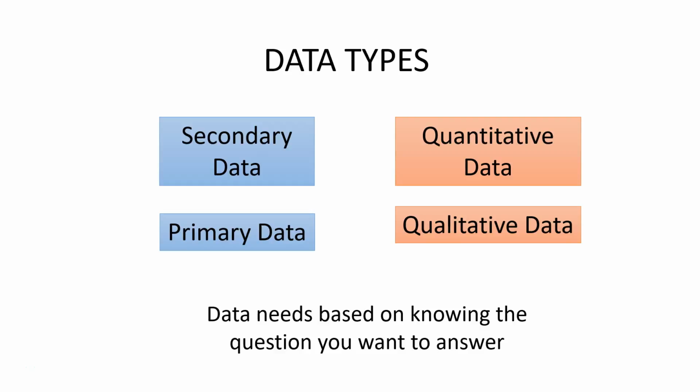So we need to know more about the types of data we might need to collect and how they might help. Here are the two major sets we will discuss. First, to what extent do we need secondary data, and to what extent do we need primary data? These data sources determine how we acquire the data, whether it's already been done, or if we have to go and actually design a new project for it. Meanwhile, we have